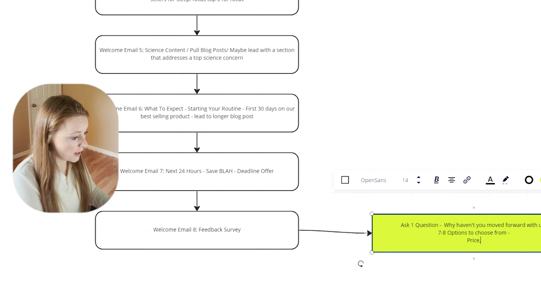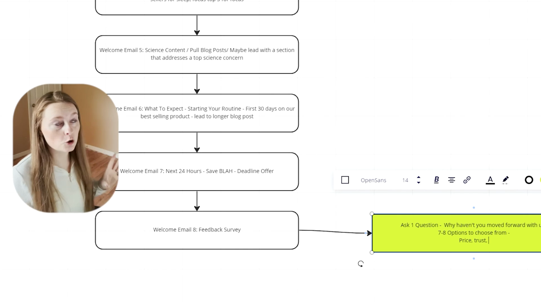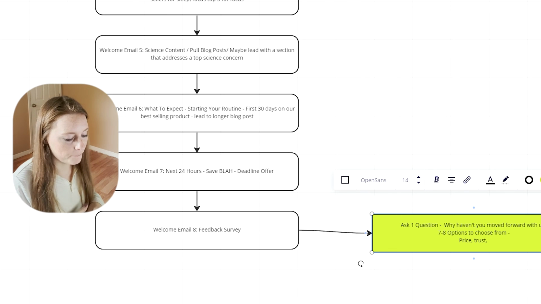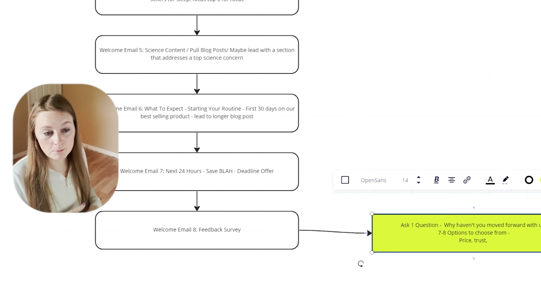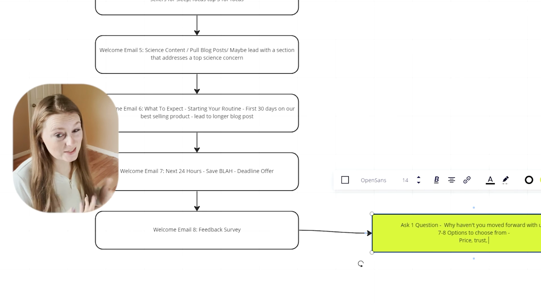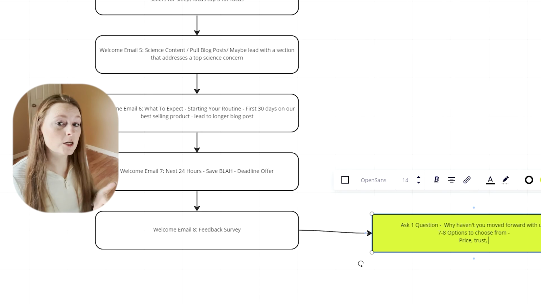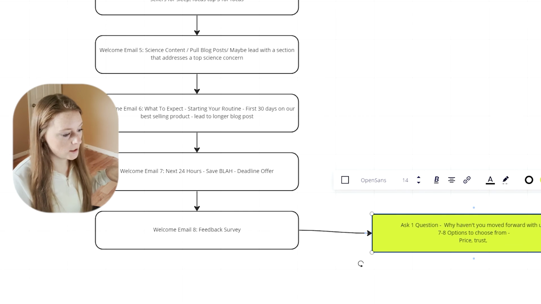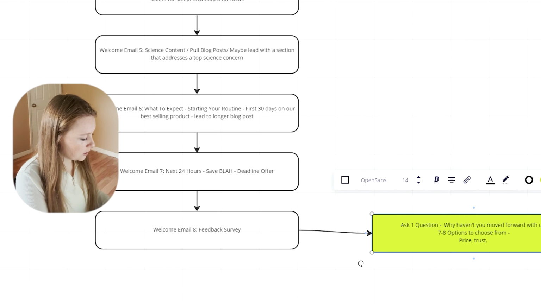If it's price, if it's trust, you can adjust the questions to fit in a more personal way, but you can say like, this is more expensive than my current supplement that I take, or I'm not sure the brand is based in science. I'm not sure if I can trust the brand. I'm just not ready to purchase yet. It could be something super, super simple like that. So asking these questions,